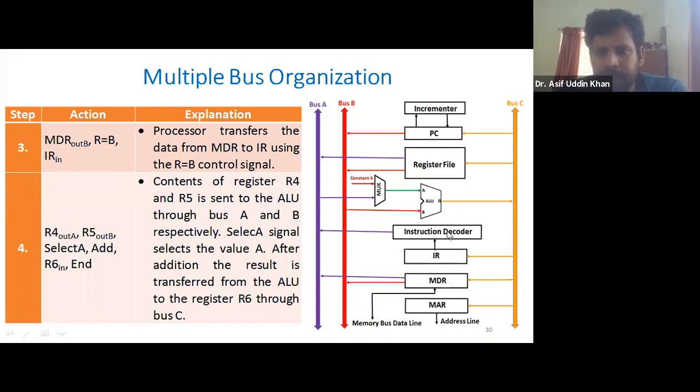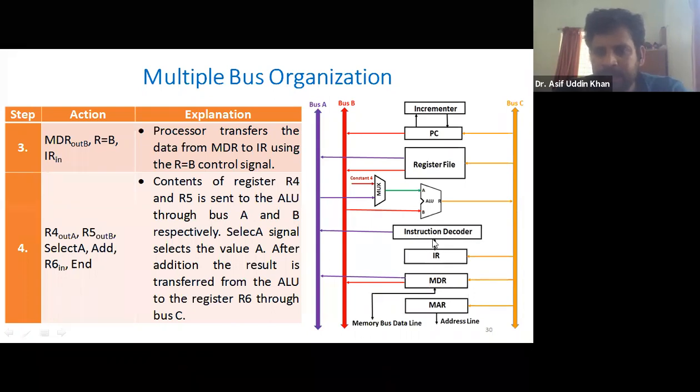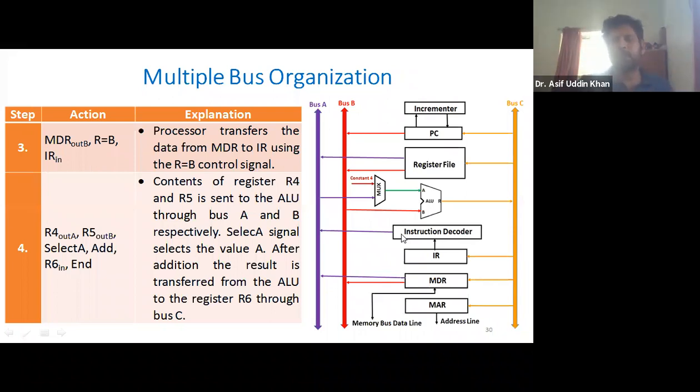Okay. After the instruction decoder decodes this instruction, it will generate some control signals. I mean, what should be done? A control signal means the meaning of the instruction, what operation will be done. That signal will be given by this instruction decoder, and that will be given to this bus. Okay, so after that, the instruction will be executed. So here we got to know what to do after this step. Okay, up to these three steps.